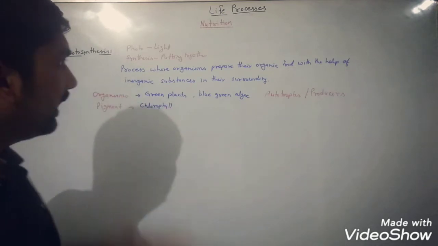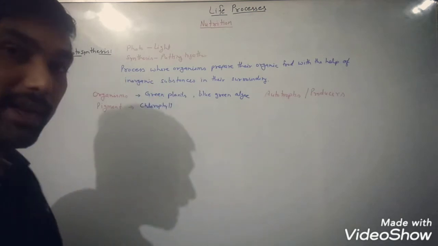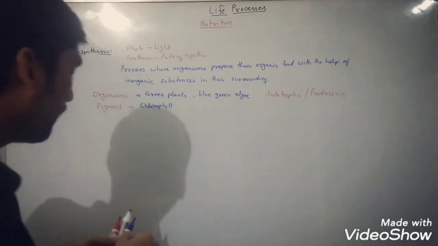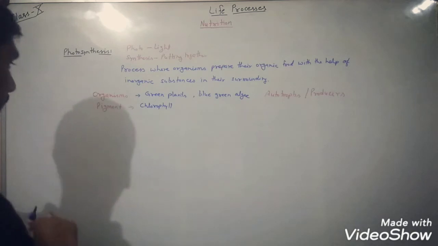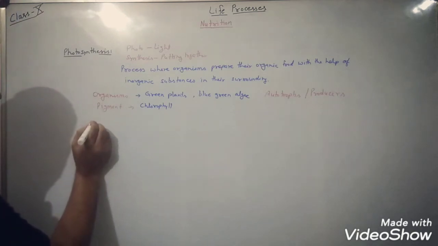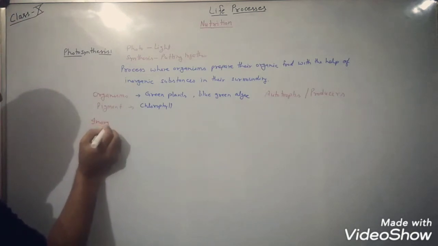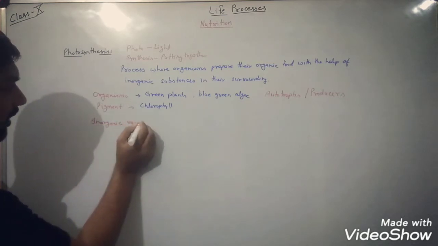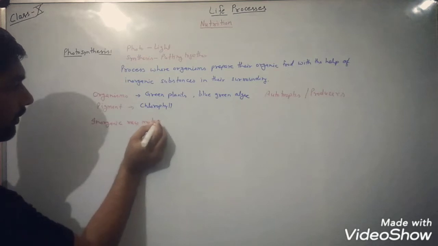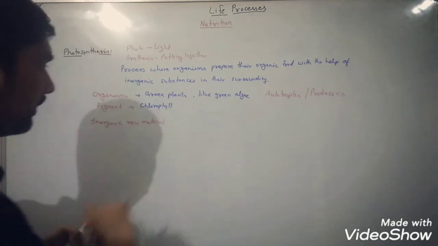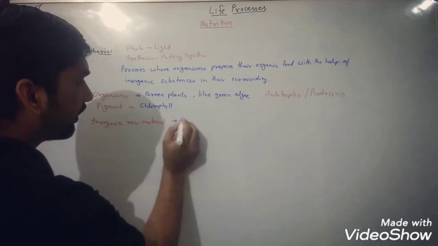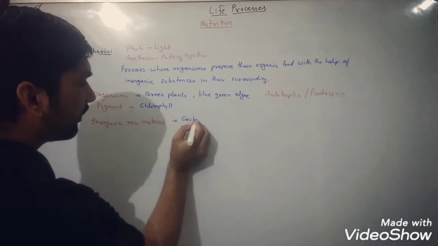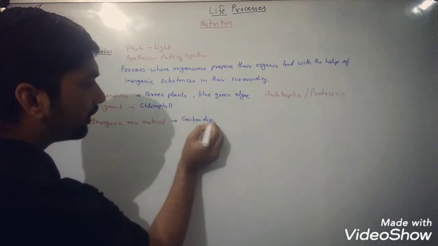When we talk about the inorganic raw material for the photosynthesis process, that is carbon dioxide gas